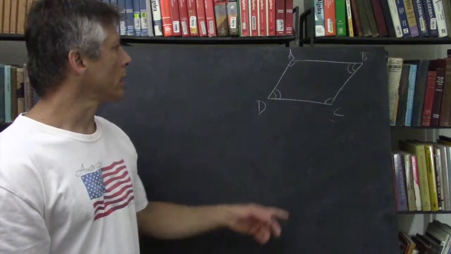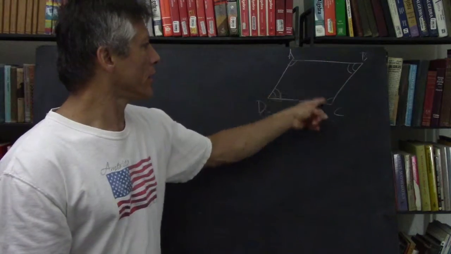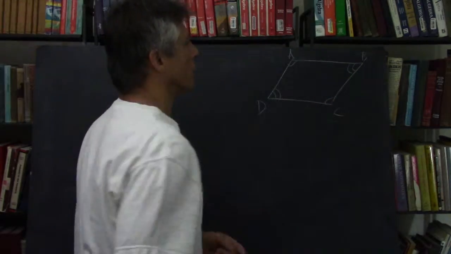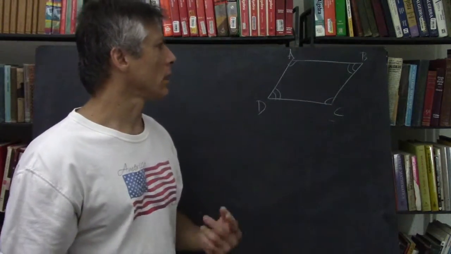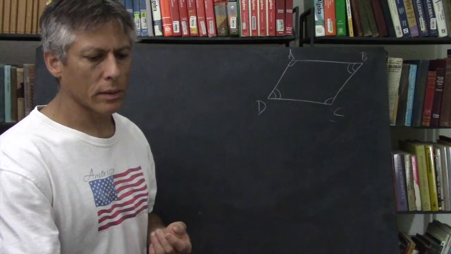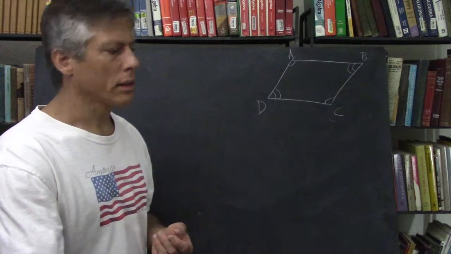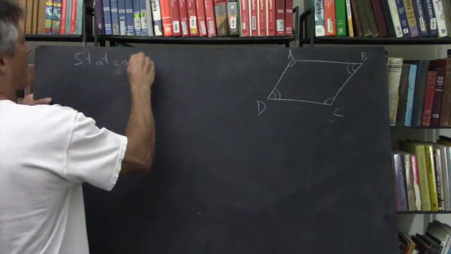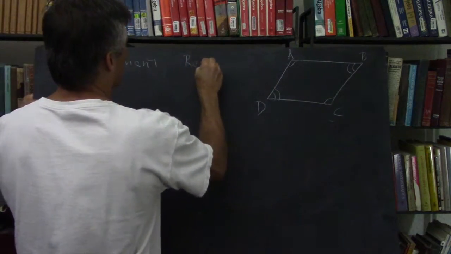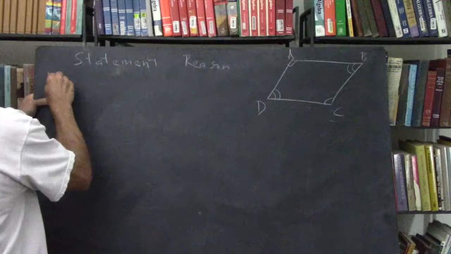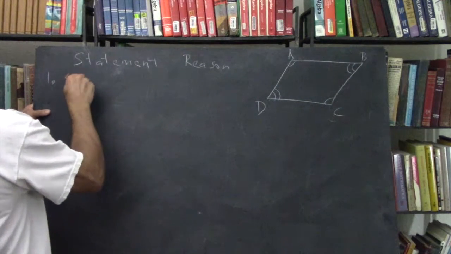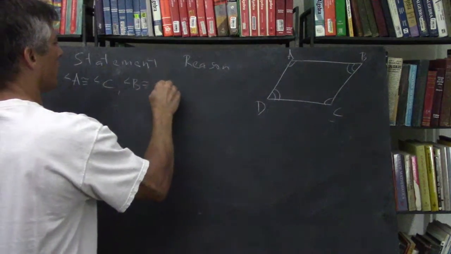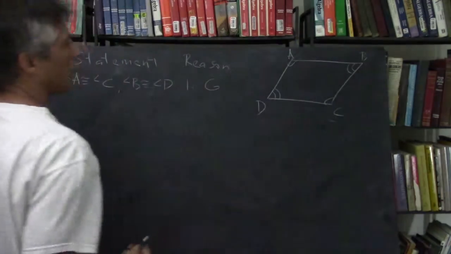Now theorem 5.6 says that if both pairs, this pair and this pair, are congruent, one pair is congruent, another pair is congruent. So two pairs are congruent. If both pairs of opposite angles are congruent, then it's a parallelogram. So let's prove that. So the statement, reason, and so angle A congruent to angle C, angle B congruent to angle D is given,